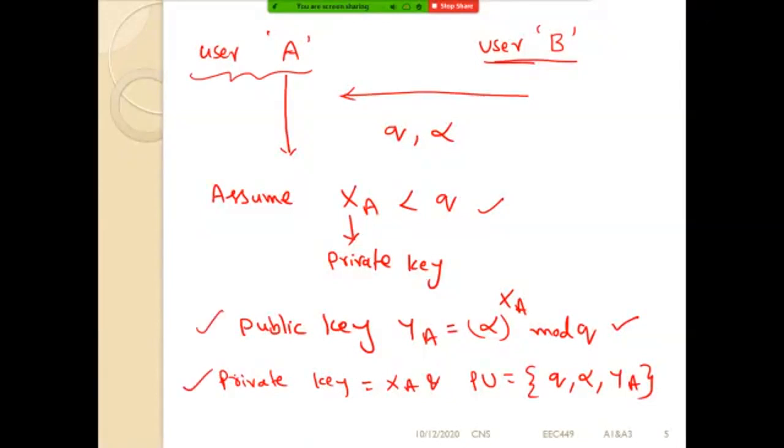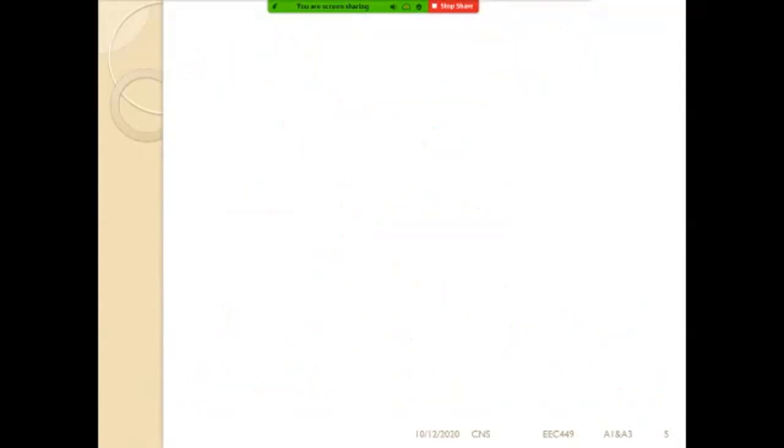Up to now, is it clear? All these points we know already. XA means a random number which must be less than the prime number. Under that private key, we can generate a public key that can be transferred to any user in the present network. So this is the key generation by user A. Now, user B